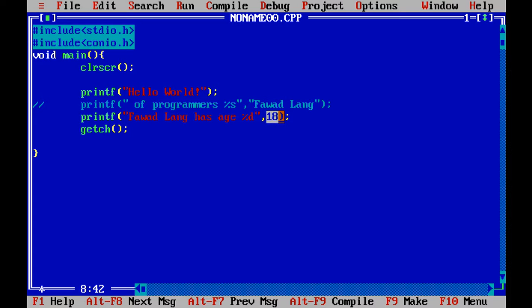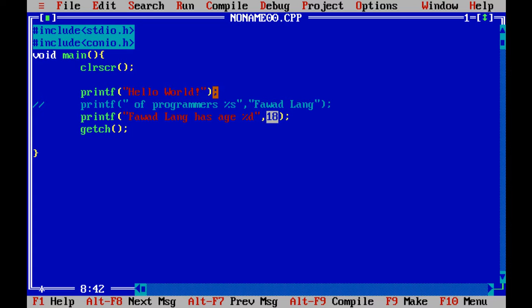So whatever integer number you want to print, you can simply write percentage d, and with this comma separation write the number you want to print.